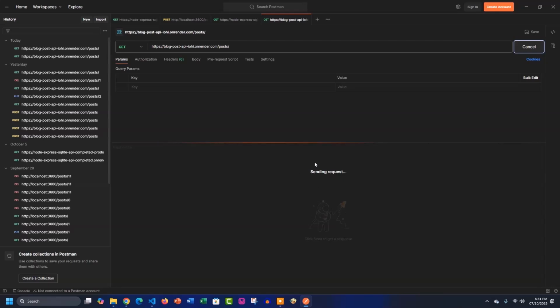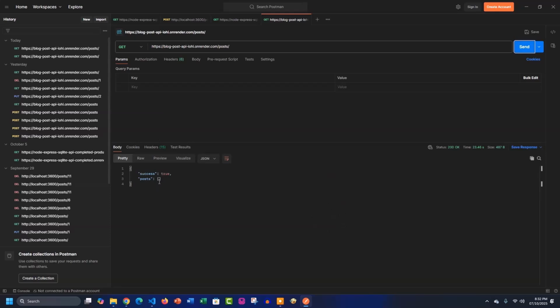Okay guys, you can see it is taking time. It takes some time to get this request, as you can see here. I made the request to get all the posts. We added 2 posts when we deployed our application and deleted one. We're supposed to get 1 post now after 24 hours. You can see that it is returning this blank post, okay? It means that